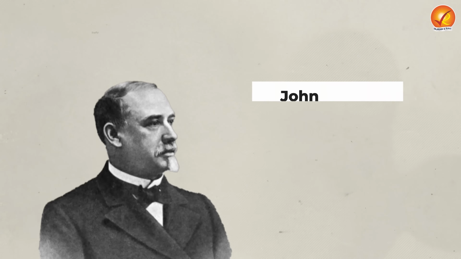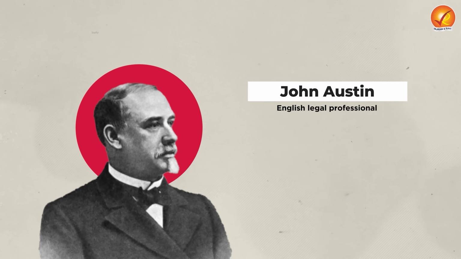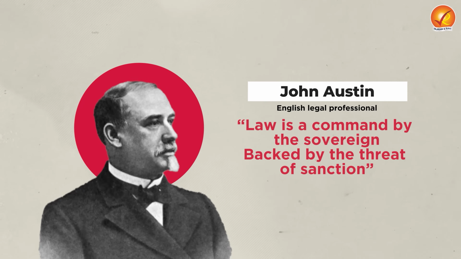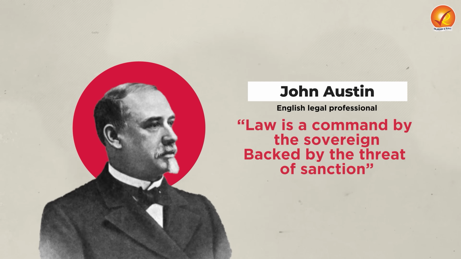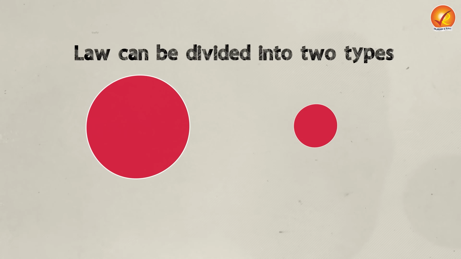So John Austin, a very renowned English legal theorist, says that law is a command by the sovereign backed by the threat of sanction. Now, primarily, law can be divided into two types. So broadly, there are two classifications of law. Definitely, there are other classifications as well, but broadly, it can be categorized into two, that is civil